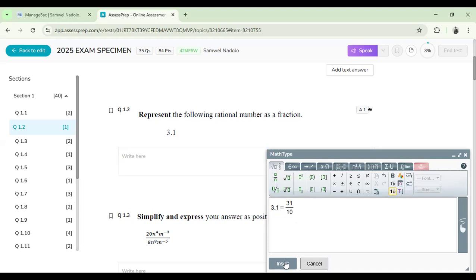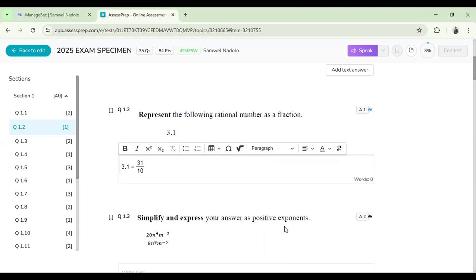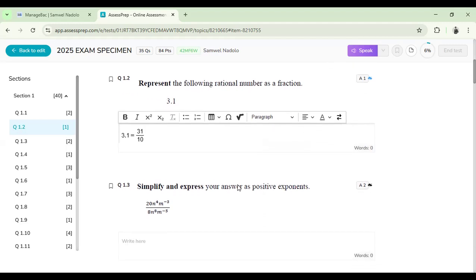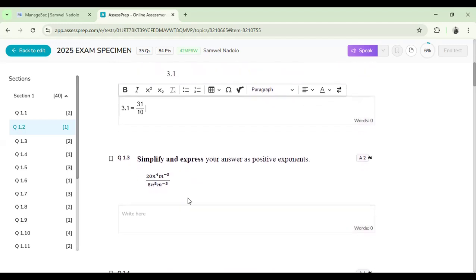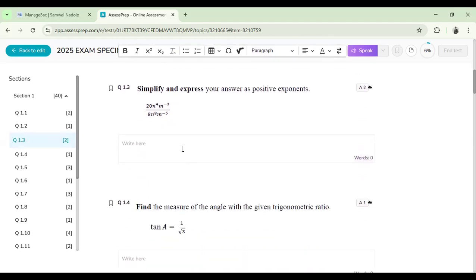The next thing is to check, is your fraction in simplified form. That 31 over 10 cannot be simplified further. You can either leave your answer as this, which is an improper fraction, or some people might prefer a mixed fraction. But for this case, there's no worry about leaving your answer as an improper fraction. So insert your answer as that, and you score your A1 mark. So for knowledge and understanding, question 1.3,